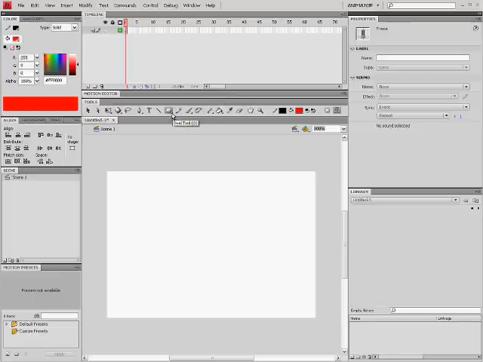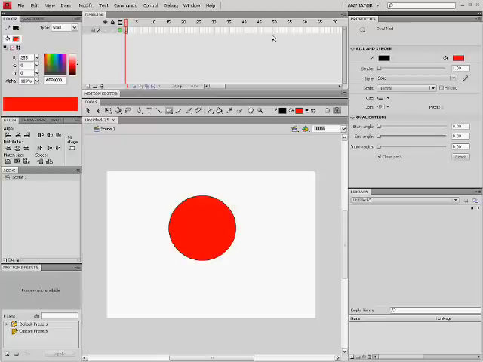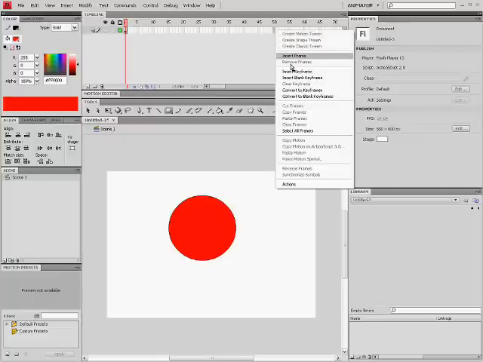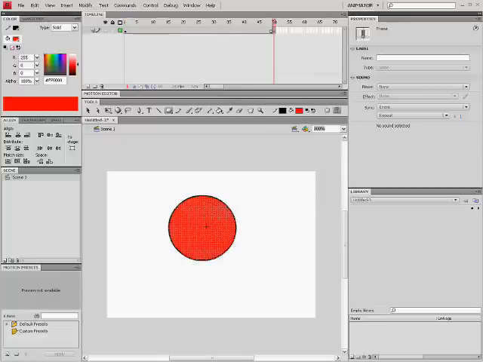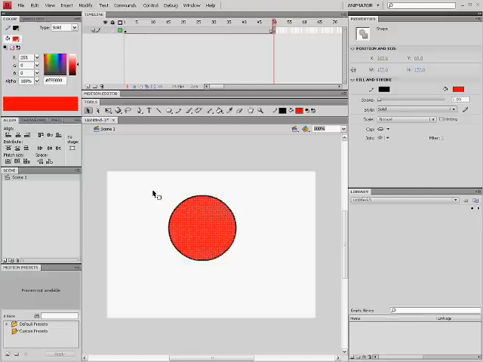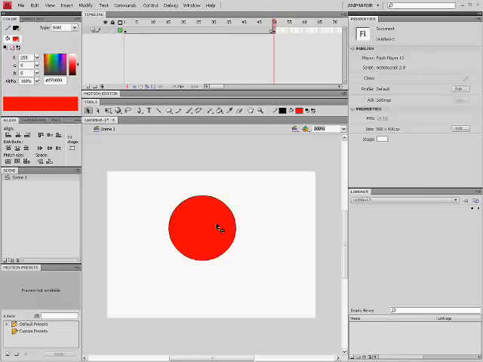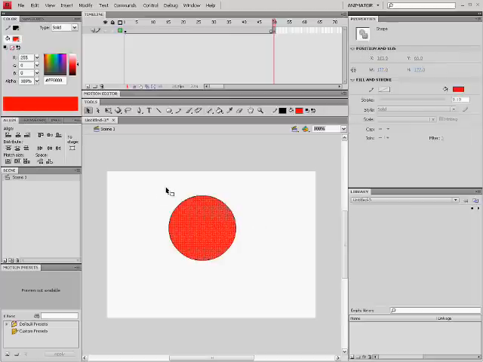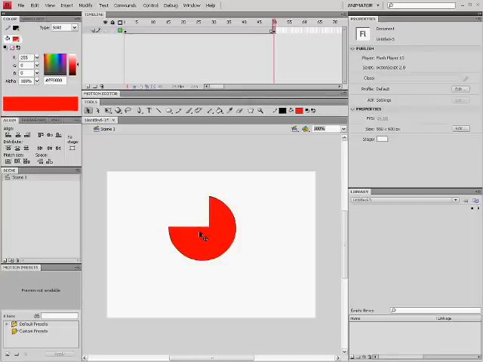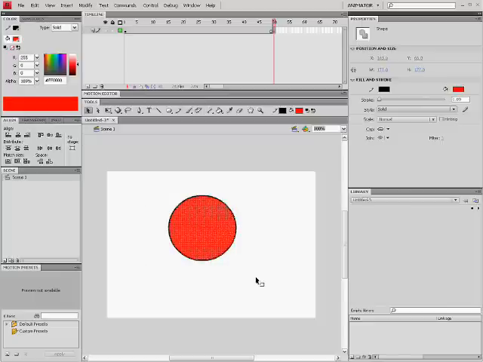For example, you can make a red circle. I'm going to go to frame 50. Insert keyframe. We're going to delete this, so I'll make sure everything is selected, because if I only select the middle, only the middle deletes. Control Z. And you can also select parts you want. For example, I can delete that. I only selected this, so then I press the delete key, Control Z, but now we're going to delete everything,